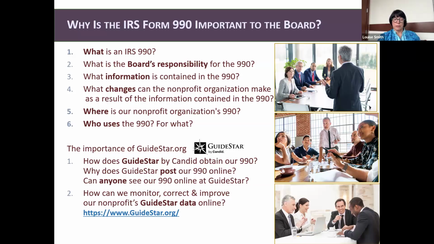Okay, so let's chat a minute about GuideStar. They get your 990 directly from the IRS. There's one schedule called Schedule B, which has key private information about your significant donors. GuideStar blocks that out appropriately, as should you if someone were to ask you for your 990. If they ask the executive director for the 990 for your organization, you don't want to give them Schedule B.